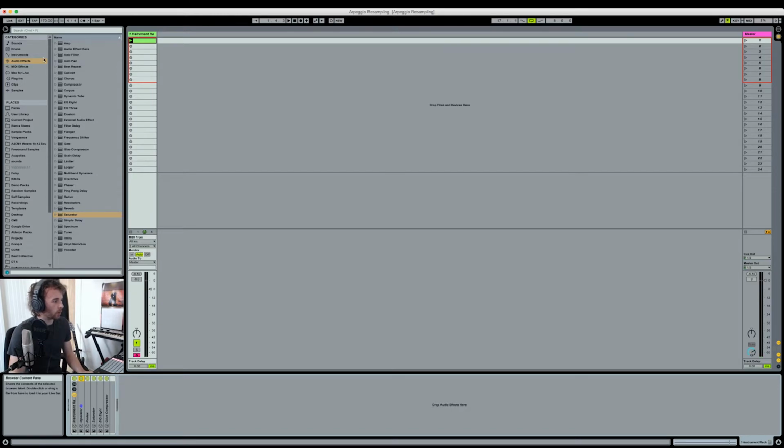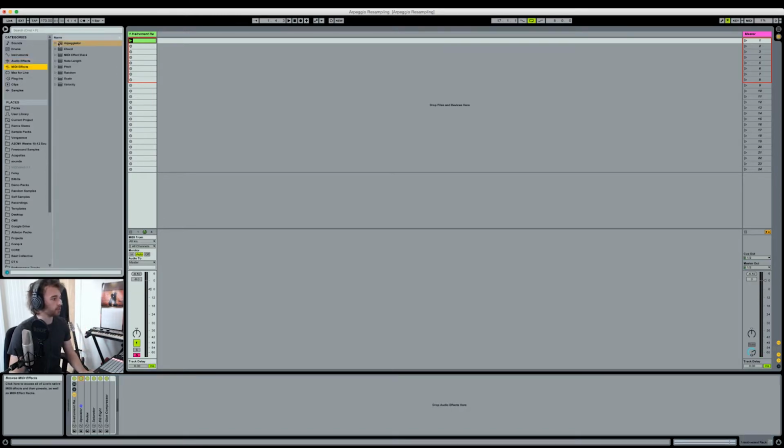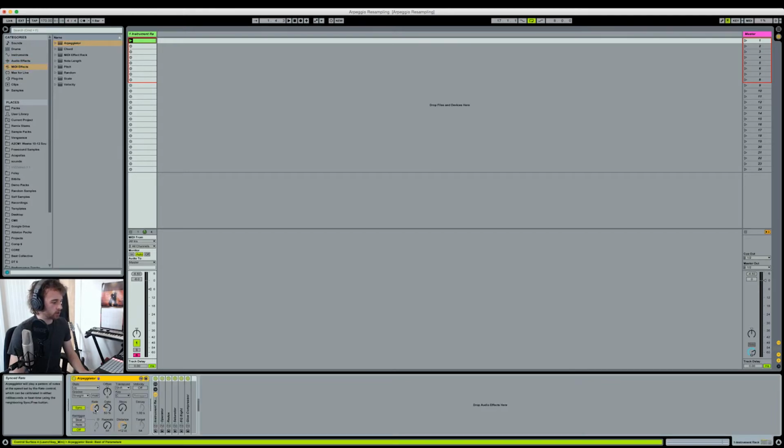So what I'm going to do next, to make this kind of arpeggiated sound, is go into my MIDI effects over here and drag in an arpeggiator. Now the next thing I want to do to try and make this kind of random so that we can play around with it, so I'm going to change the rate to 16ths. And I'm going to play with the gate later, but I'm going to change the style so that it goes